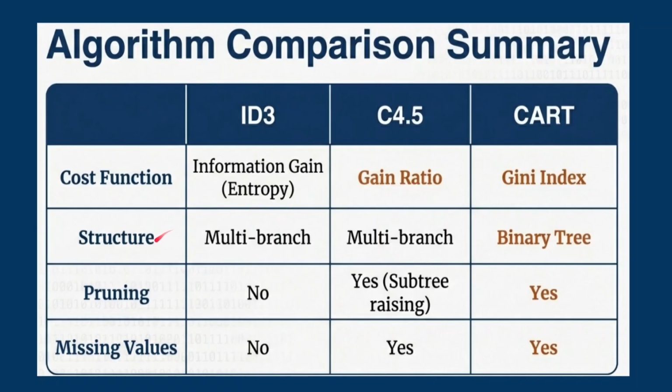The structure is a multi-branch tree for both ID3 and C4.5, whereas CART uses only the binary tree, which has a maximum of 2 branches. Pruning is not done in ID3 but it is done in C4.5 and CART. And missing values are not handled in ID3, but they are in C4.5 and CART. Okay, so this is a comparison between the 3